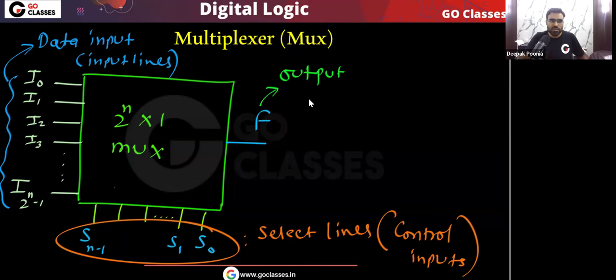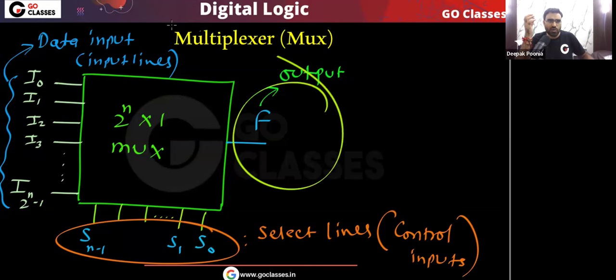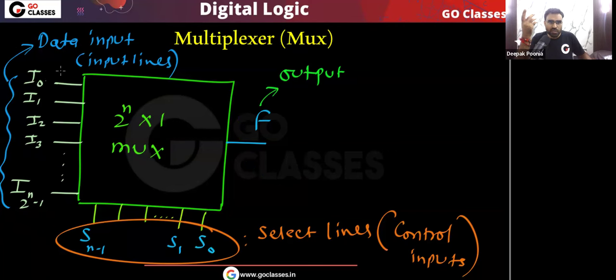Okay, very simple. So this is a multiplexer. Remember, a multiplexer is a digital device, or I can say digital circuit, in which there are 2^n input lines, there is only one output line, and one of these input lines will appear in the output. Means output will be equal to one of these input lines, and which input line that will be decided by the select lines.